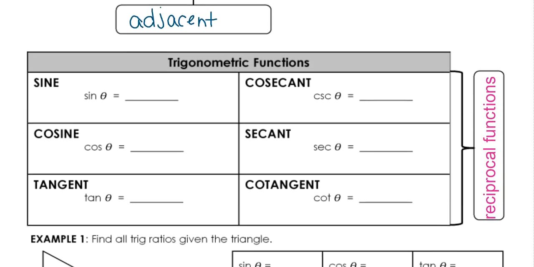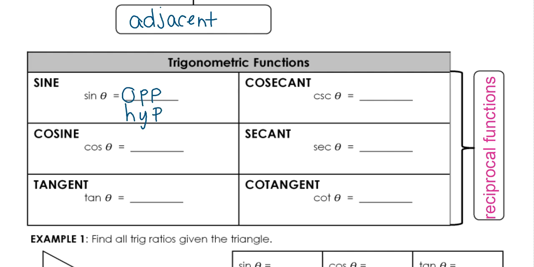So here's what our trig functions look like. We have 6 of them. The 3 on the left are our basic trig functions. The 3 on the right are what we call our reciprocal functions. So you can see that labeled over there. For the 3 basic ones, we have sine, which we abbreviate with sin, but we still say it's sine, not sin. So the sine of theta is the relationship or the ratio between the opposite side divided by the hypotenuse